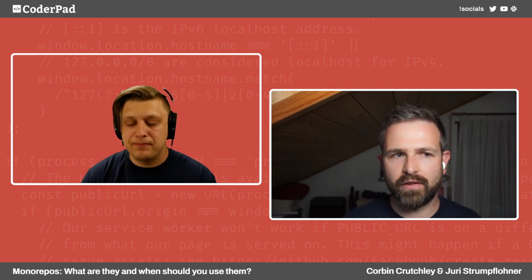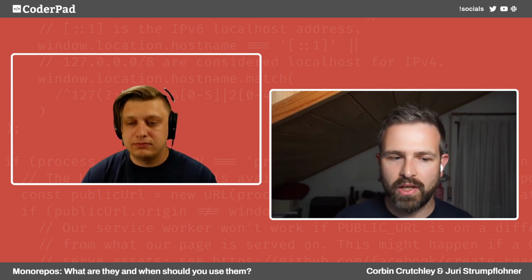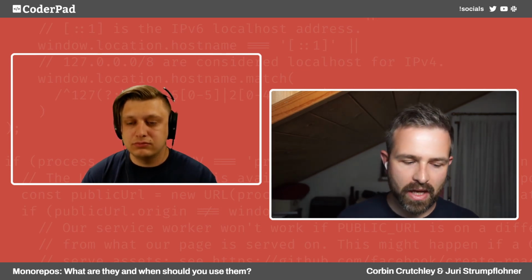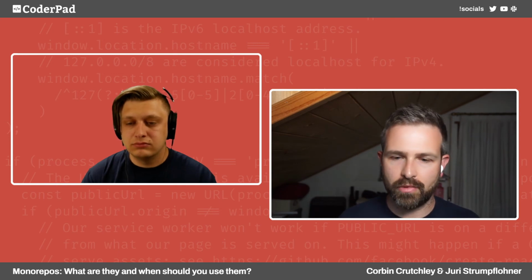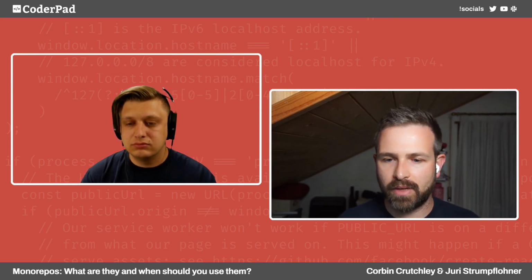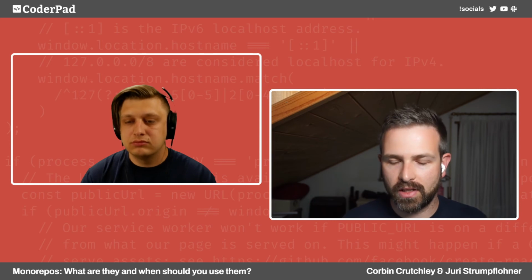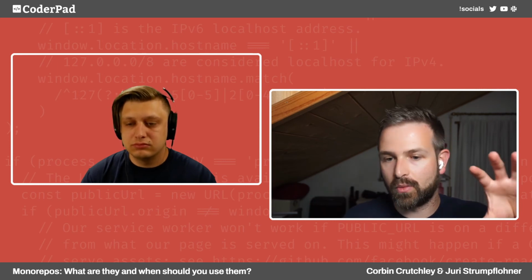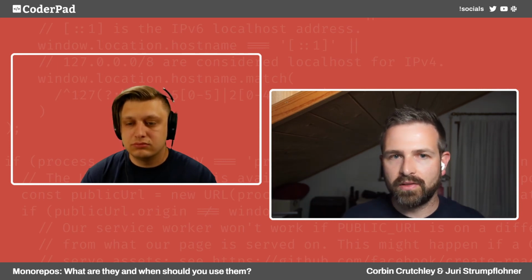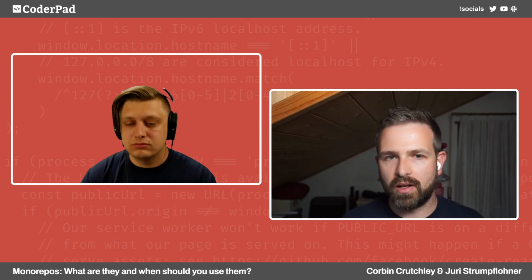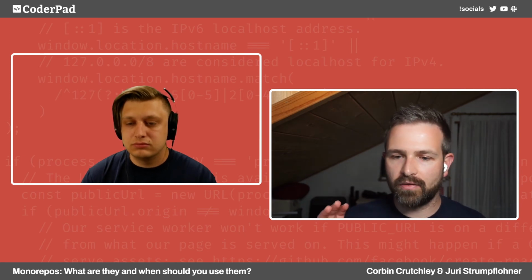What we didn't have until a couple of weeks ago is, as you said, that the Angular CLI also has some degree of monorepo support, in the sense that you can have multiple projects in one single Angular CLI workspace. Their support is much less involved, in the sense that they leave it very much up to you.